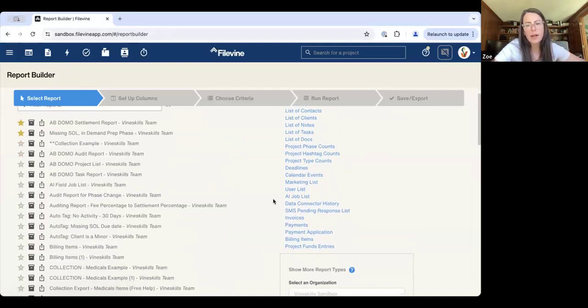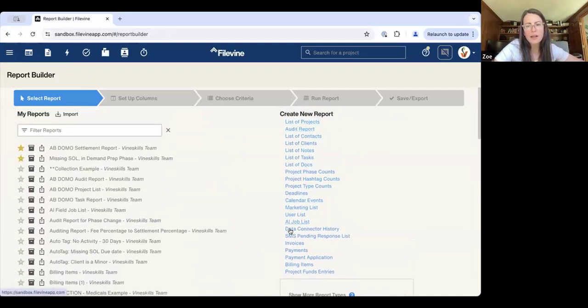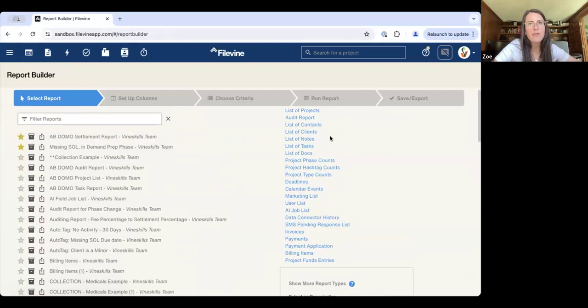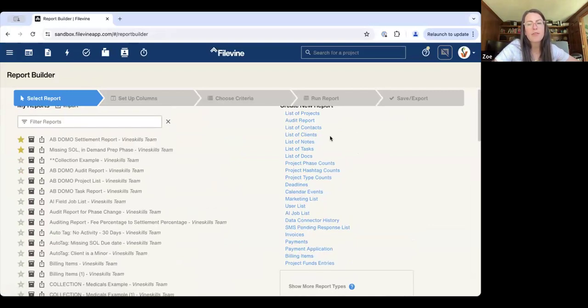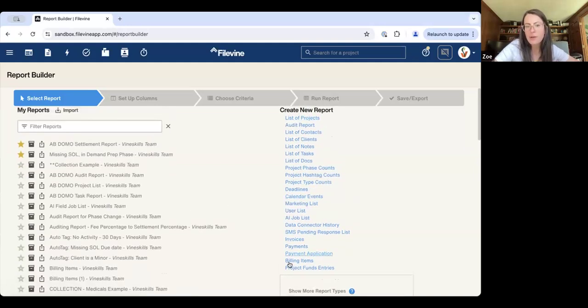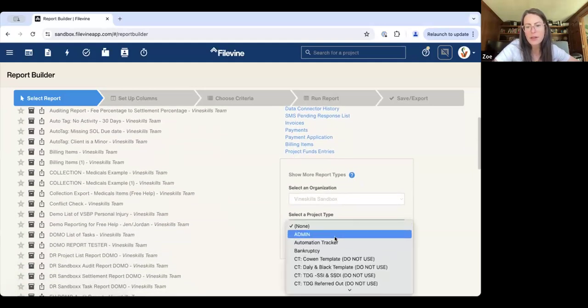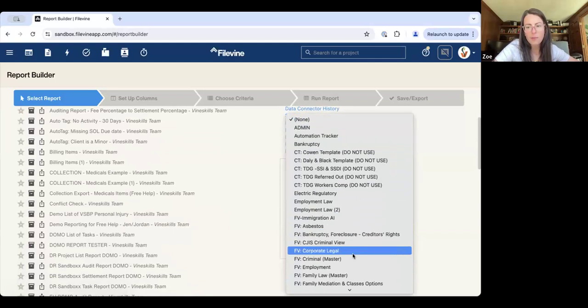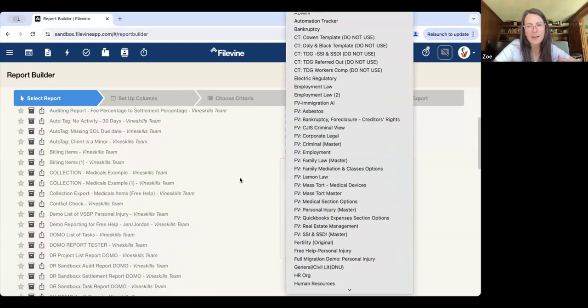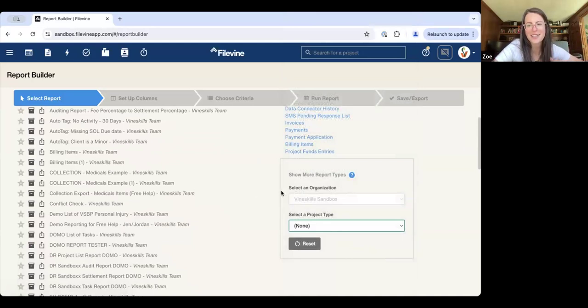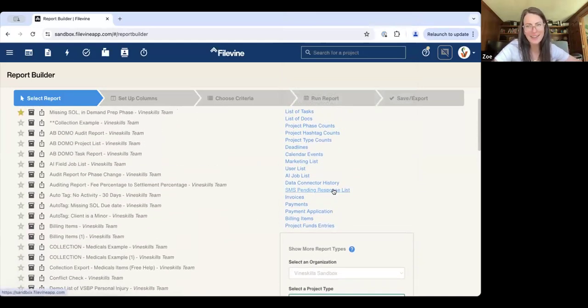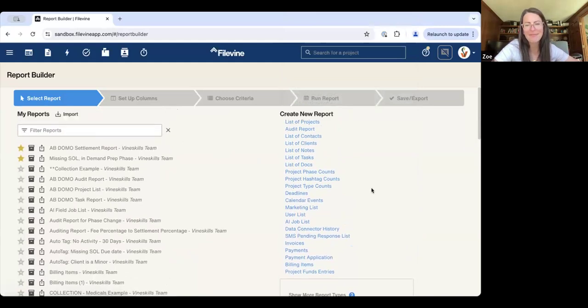And then over on the right here, we have a series of reports that we can choose from by default. So if your org has multiple project types or project templates, then obviously we don't get the specifics here without selecting that project type down below. So that's where this select project type dropdown comes into play. Again, this is our sandbox, so we have a plethora of project templates. I don't recommend that you guys do the same thing, but that is how you would be able to get those more specific reports